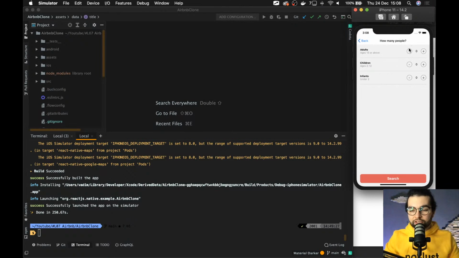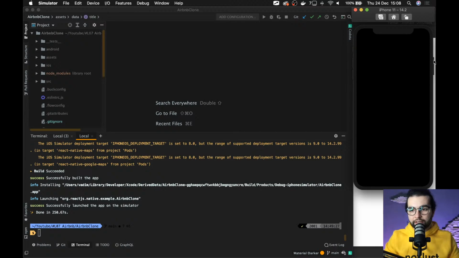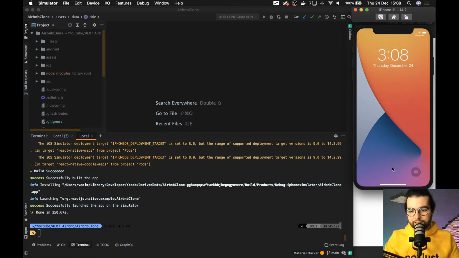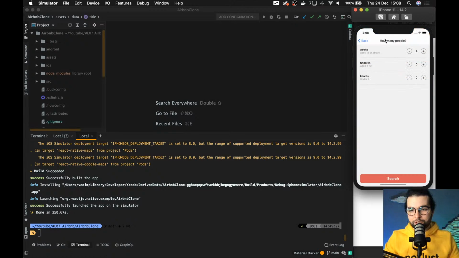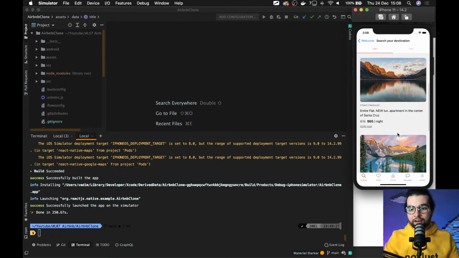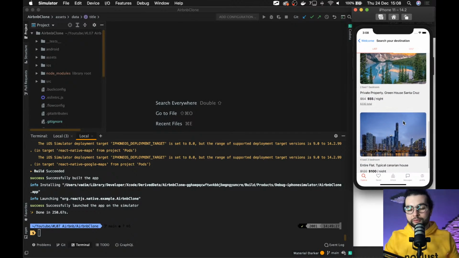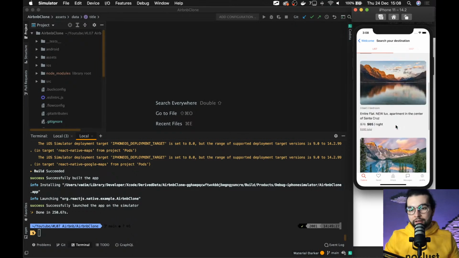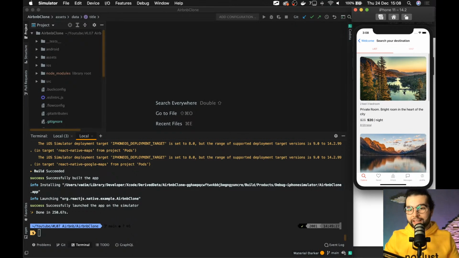Here is some filtering for our search, and we can add how many guests there will be and press search. Now we see a list of accommodations. This list of accommodations is coming from dummy data, and today we're gonna implement the backend to fetch them from